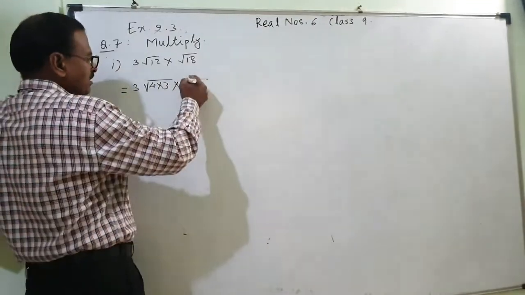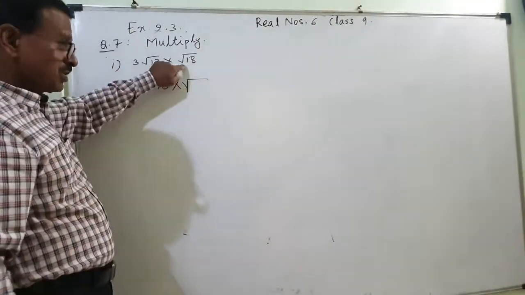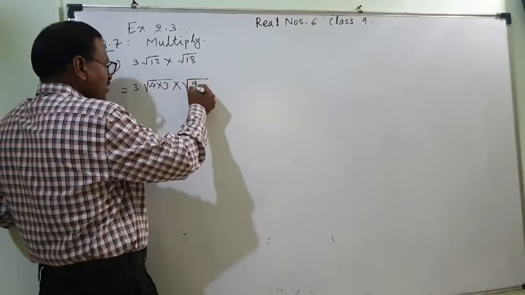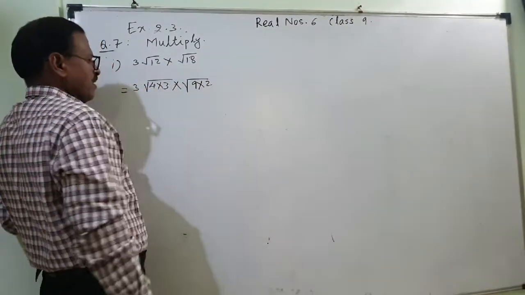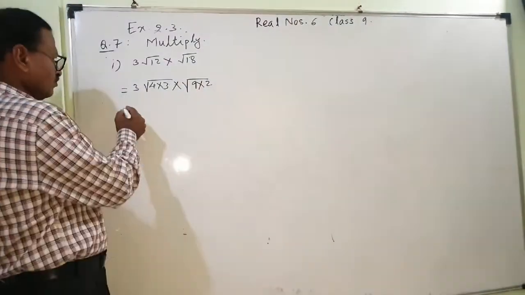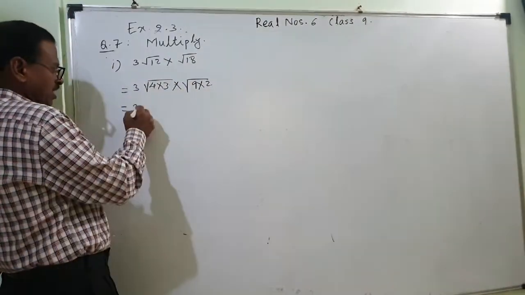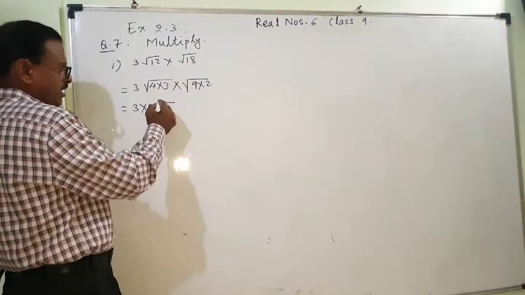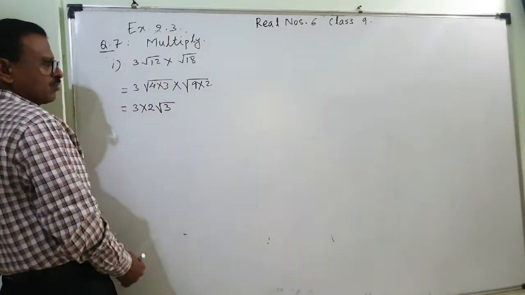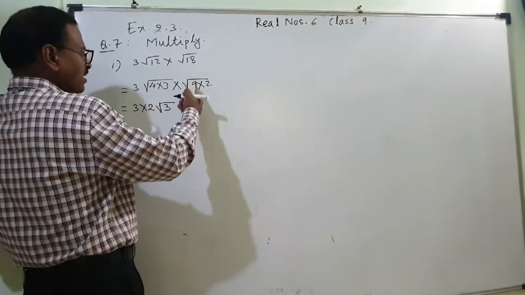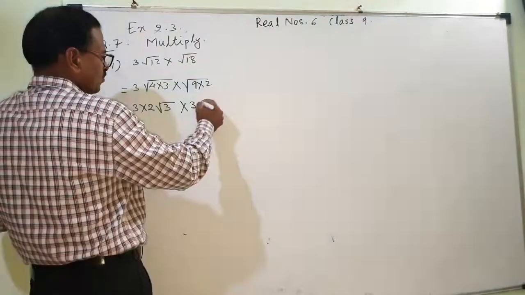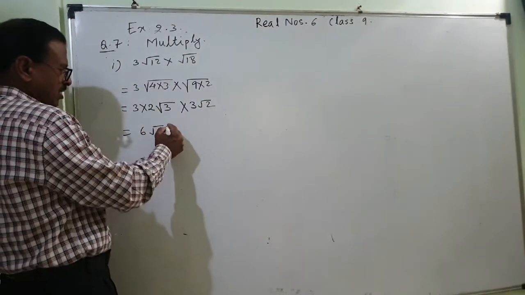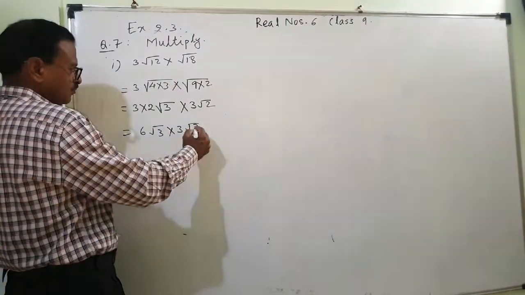Now this will be, this is 6 into 3 also it is correct, but it is of no use. 9 into 2 is absolutely nice, because the root of 9 I know, that is equal to 3. So 3, the square root of this will be 2, take it out. Here it is into sign, don't forget this, root 3 into 3 root 2. That is equal to 3 into 2, 6 root 3 into 3 root 2.